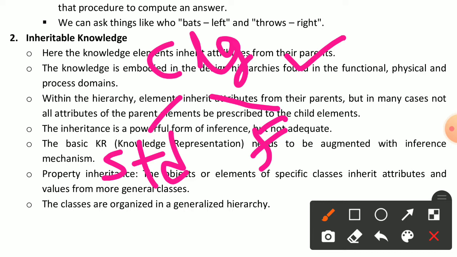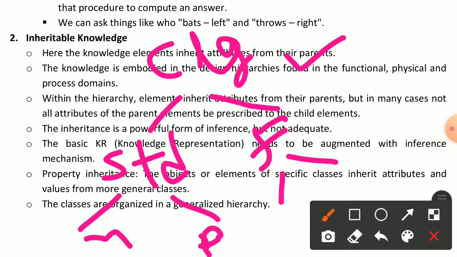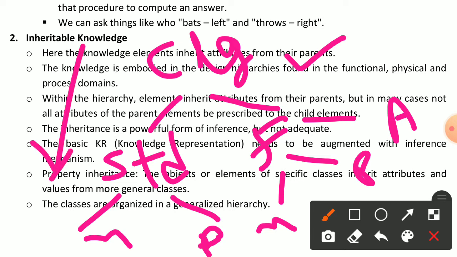Then students have different attributes like name, phone number, and faculty have also the same attributes: name, phone number, address. So here we can take one hierarchy.